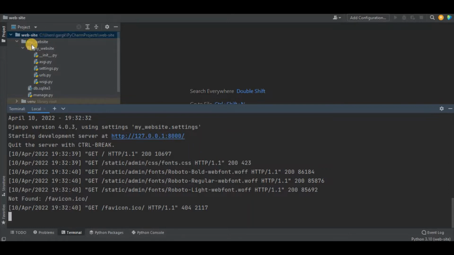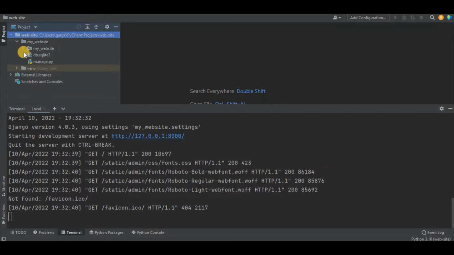Let's continue. So in this my website folder, I have a my website folder with the same name, and this folder is what we call project because it is helpful in managing all the different parts of website. And now I will create an app which is different from project. But how? Project is for managing the different parts of website, whereas app is for writing code for different parts